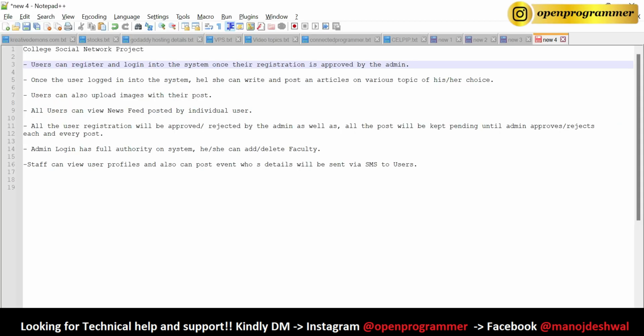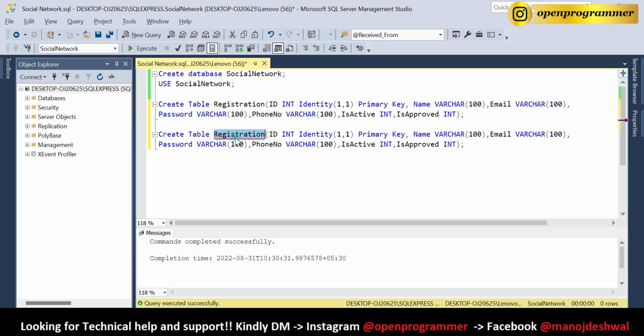Now paste it again. So now once a user logs in, he or she can write a post. Alright. So now we need to create a table called article. In the article we will have ID and title, after that content, and after that we also need the email of the user who is creating that post or article, and after that